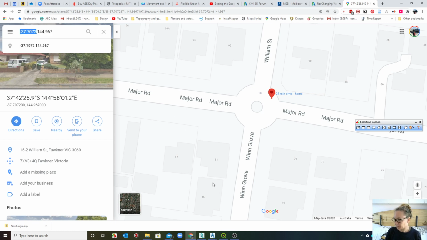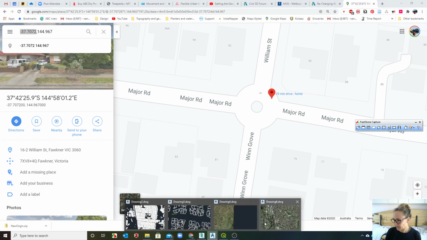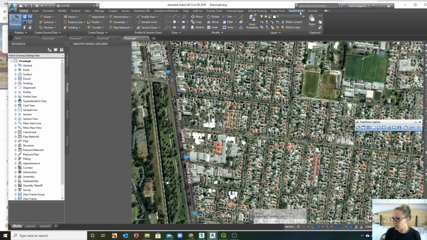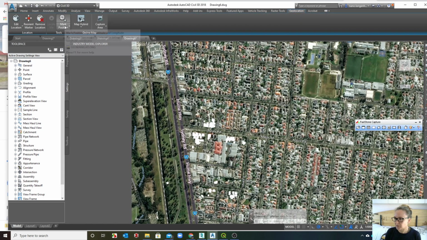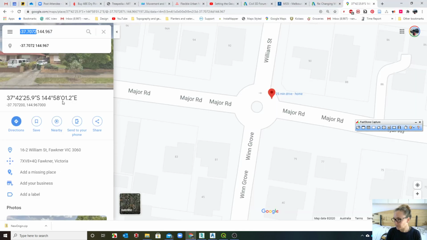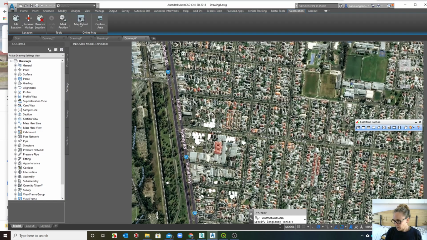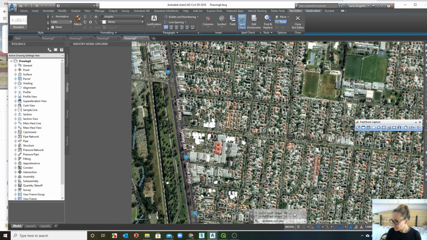So what we're going to do is actually add to our Civil 3D drawing. We're going to come in here to our geolocation, and we are going to use a mark position, and we'll use this lat long one, and it'll ask me for my latitude, which I think is that one first, and then it will ask me for my longitude, which is this one from memory, and we'll put that into here. And then that will give us a base point. So we could just call that base point,